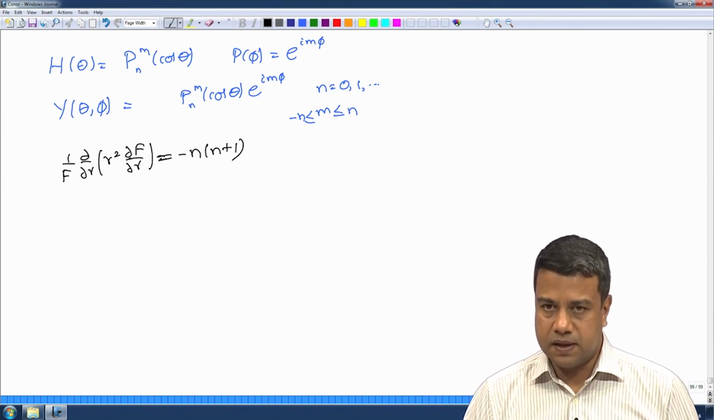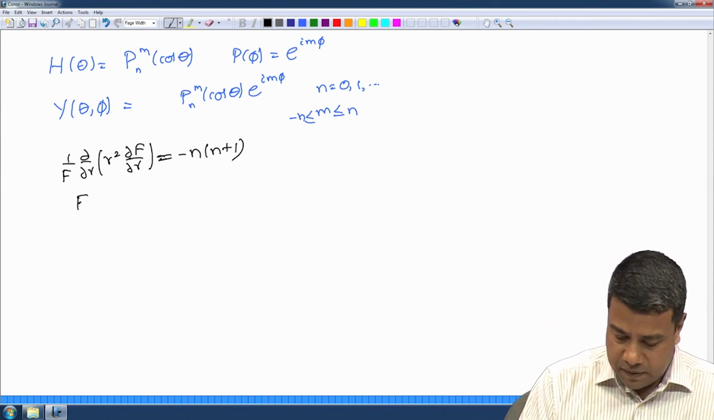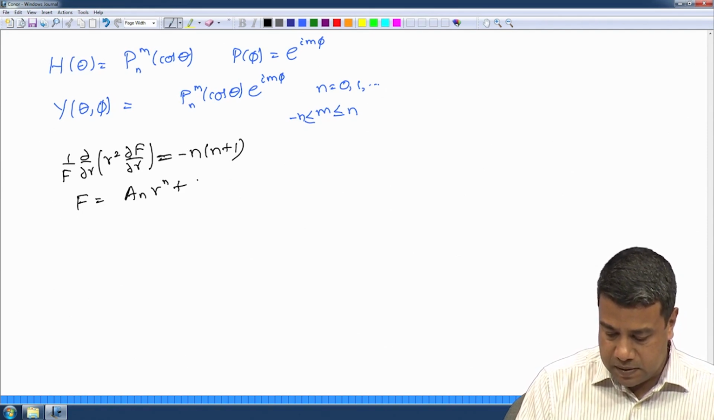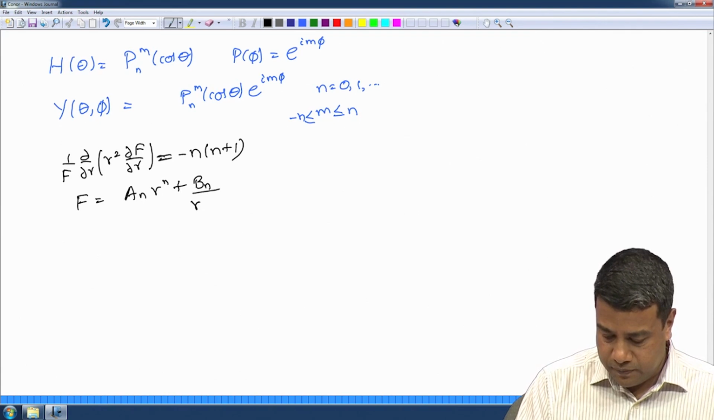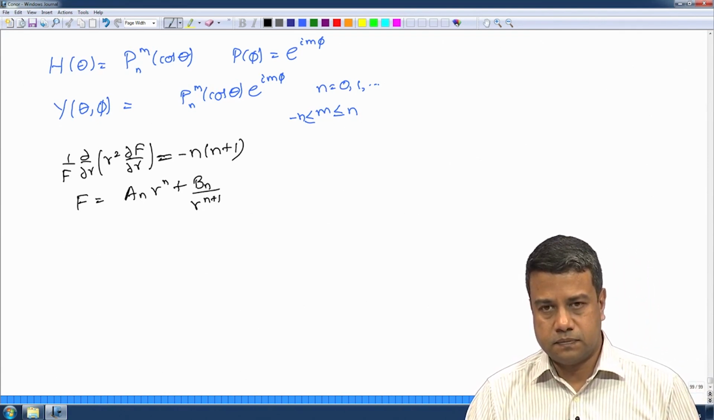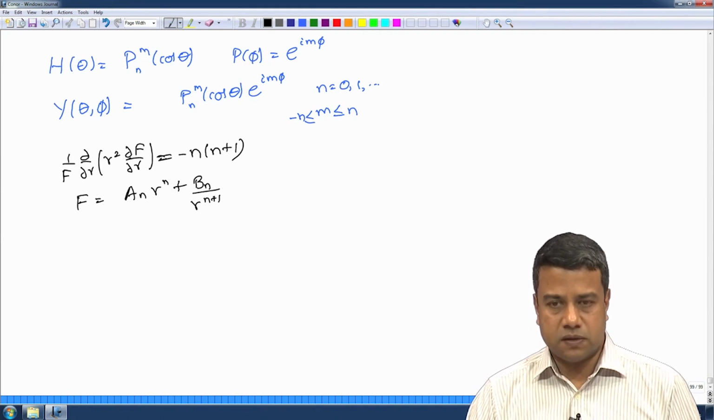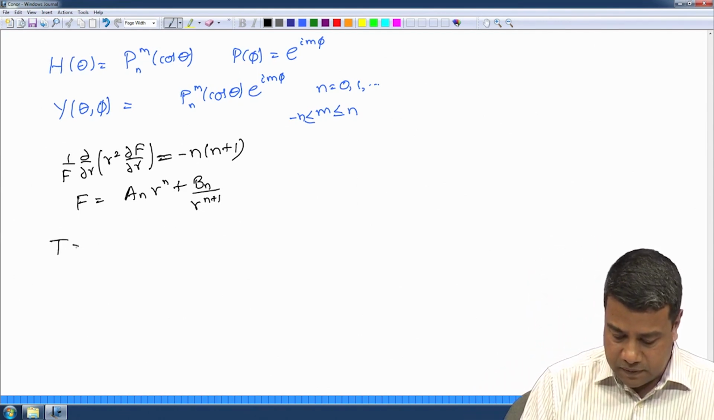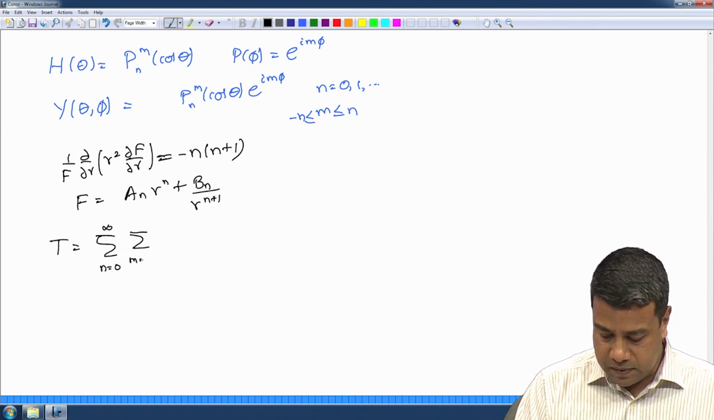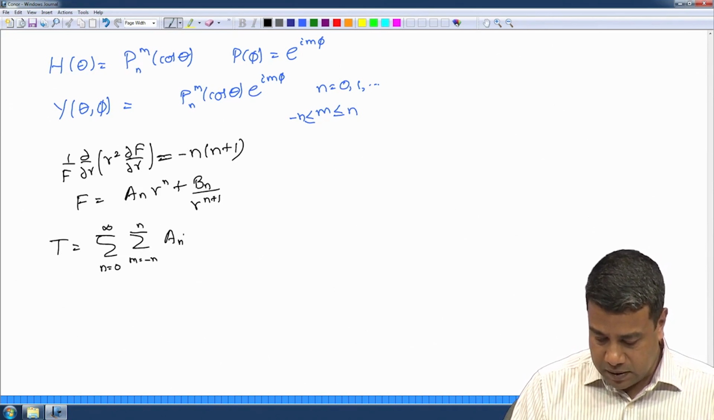and this we have already solved. F is equal to a n r power n plus b n r power minus n plus 1. Therefore, the most general solution for the temperature field is of the form sigma n is equal to 0 to infinity, sum over m is equal to minus n to plus n, a n r power n plus